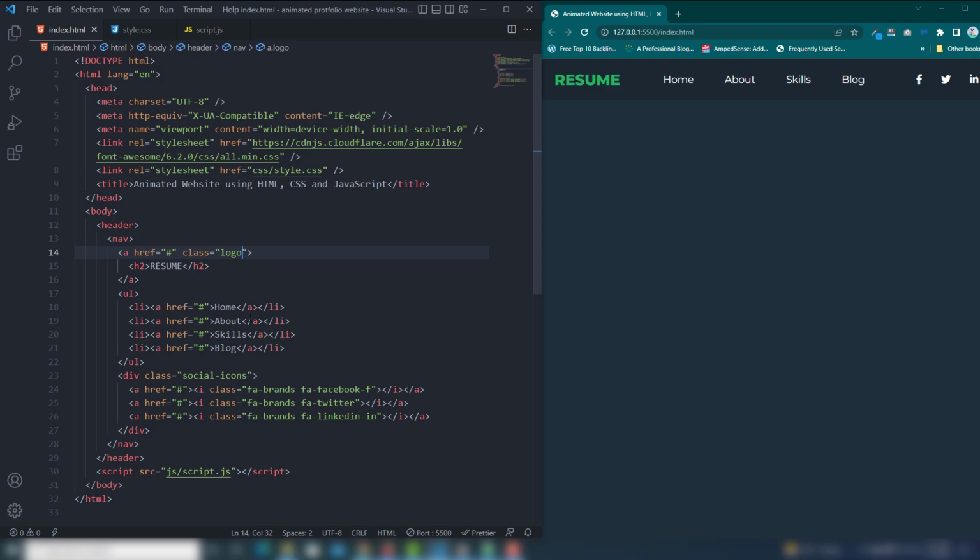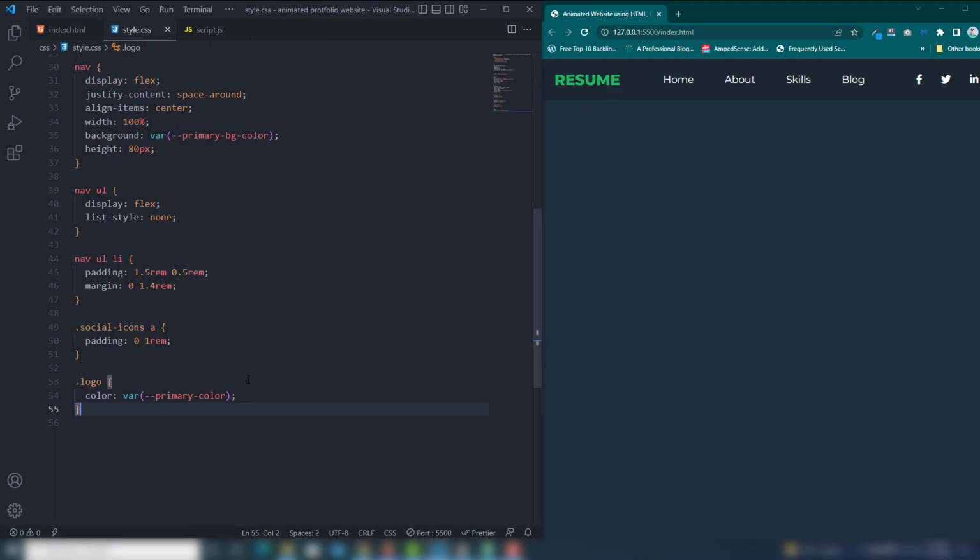Another thing is I want to make this one text is large, then those text will appear in the normal size. So I'm going to cut that and call a span tag. In the span tag I'm going to use R, and outside I'm going to use the ESUME, right? So I go to style.css.